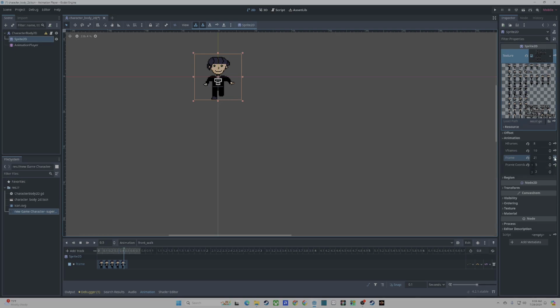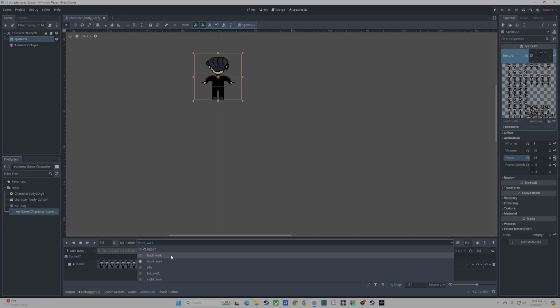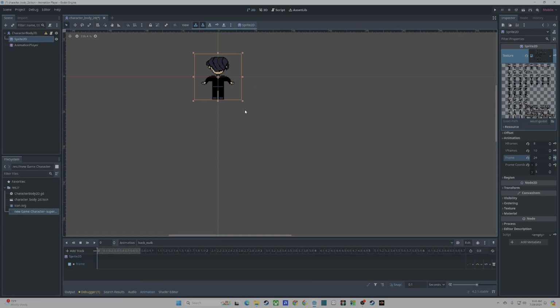1, 2, 3, 4, 5, 6, 7, 8. And we are done. That's perfect. Okay. Let's go ahead and do that for right walk, back walk, everything else. So the next one I'm going to worry about, since we're already on my back walk, is the back walk